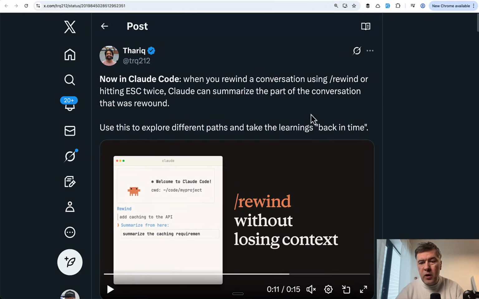Also, I will briefly run through a few tweets without even showing them in my Claude Code. So with /rewind or hitting escape twice, now Claude can summarize part of the conversation, which basically means if you want to change your mind and implement something differently, you rewind with summarizing just the good parts of what you discovered,